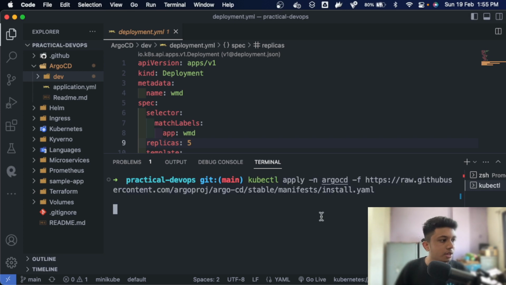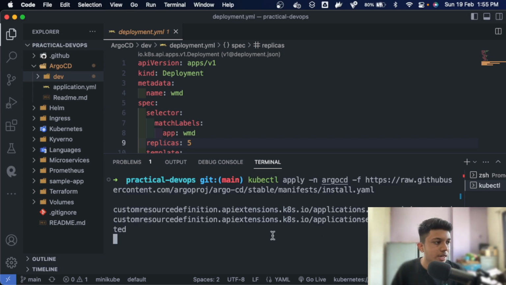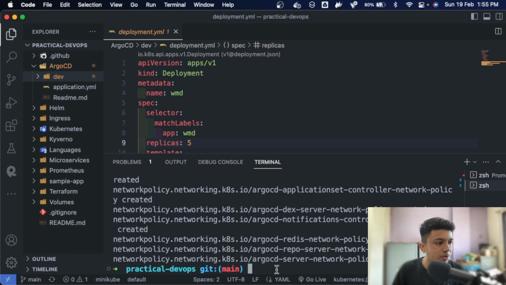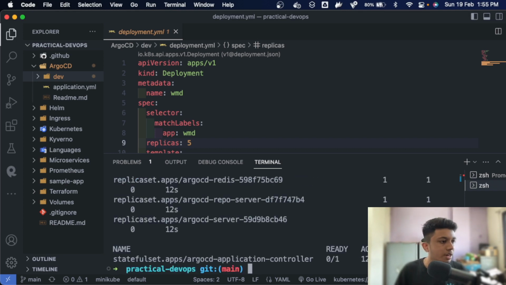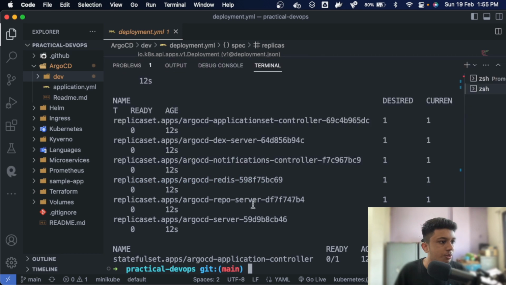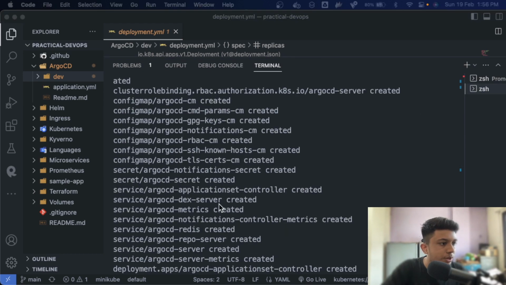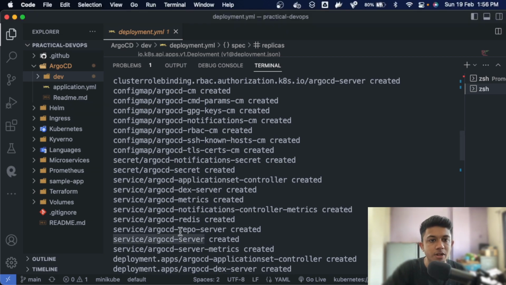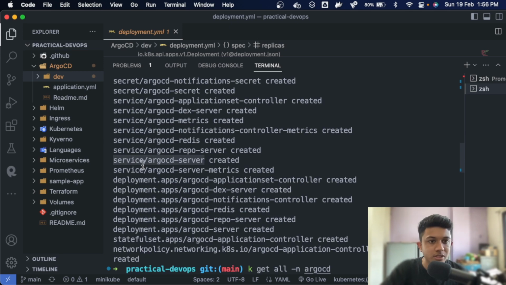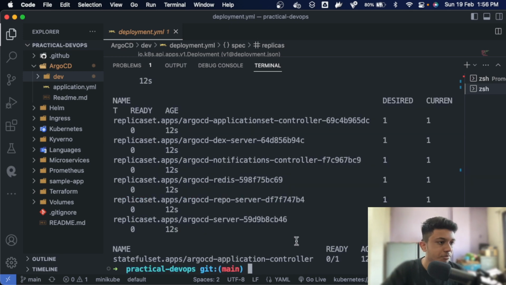Let's hit enter and it will start installing it. Cool. Now ArgoCD is there. Let's go ahead, get all in namespace ArgoCD, and you will get everything. Here also you need to see one thing. So here you need to see this ArgoCD server service. We will come back to why I just searched it. So let's go ahead and apply our